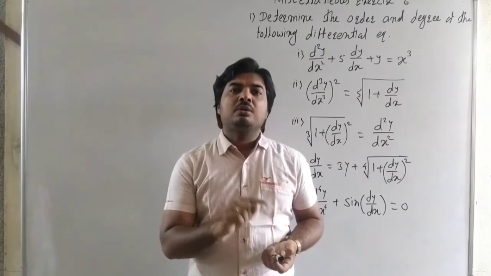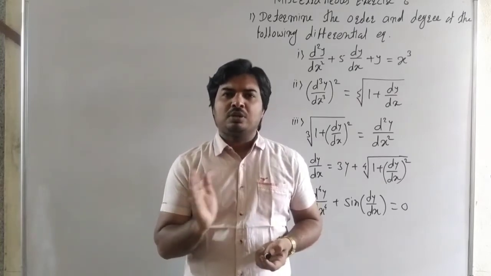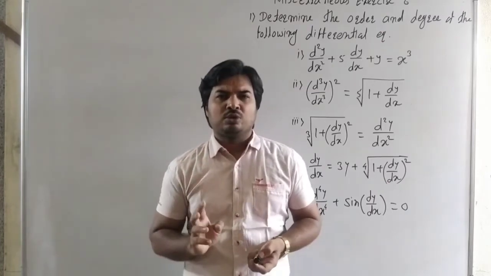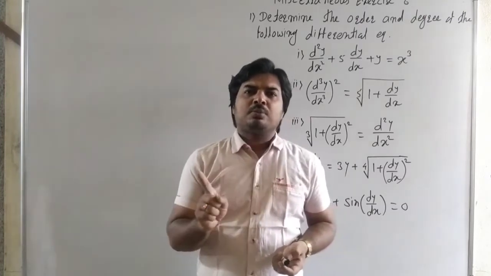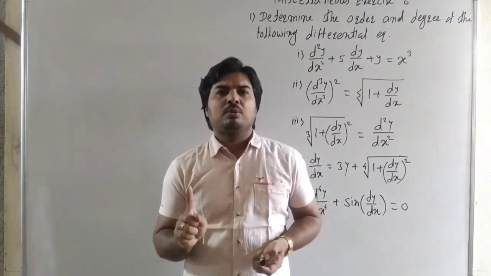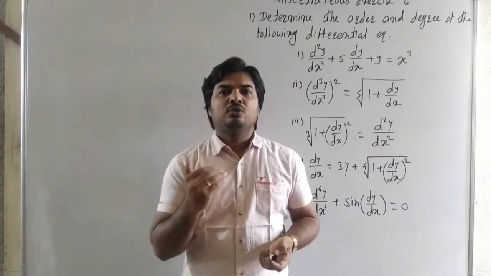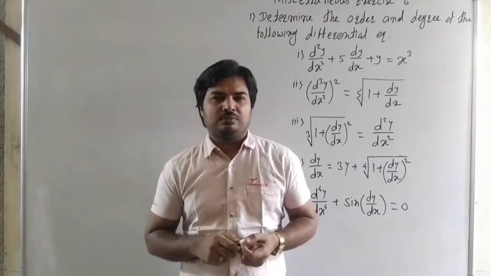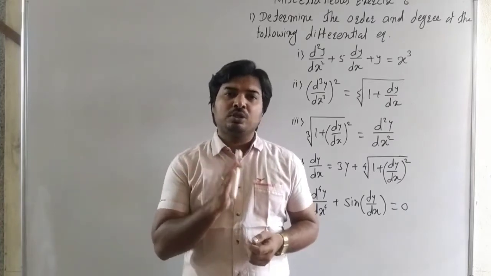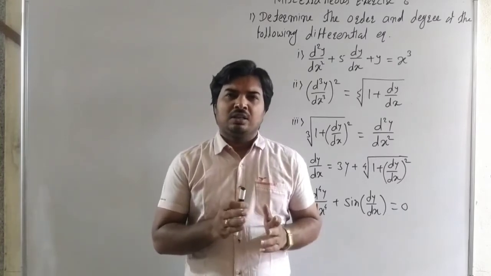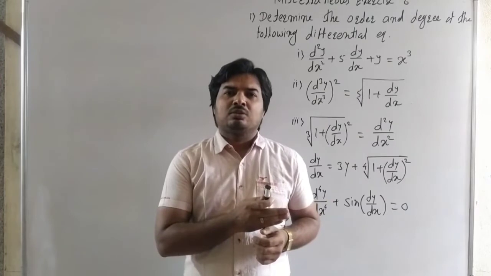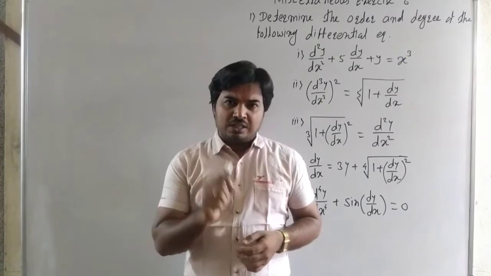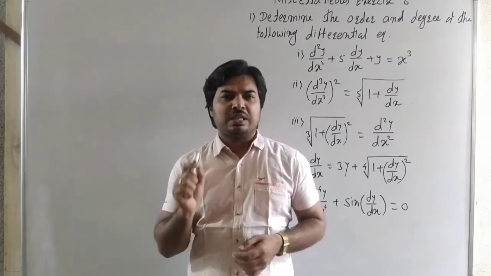In the variable separable form, we separate the variables and integrate and get the solution. It is a general solution or a particular solution. If we cannot separate, then we reduce it to the variable separable form by using a substitution. Then we see the homogeneous differential equation, and lastly the linear differential equation, and after that the application of the differential equation. The applications in the equation of tangent and the curve, and growth and decay, are the applications of the differential equation. Now in this lecture we see the examples in the miscellaneous exercise.